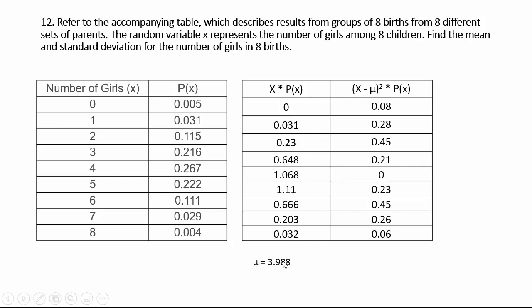Okay, once we have that mean, then what we're going to do, notice this formula, to find standard deviation, we're going to subtract out that mean from each value, so 0 minus 3.988. Okay, we're going to square that value, and then we're going to multiply it times probability, which is this 0.05. When you do all that, let me take you through it: 0 minus 3.988, that quantity squared, multiplied times 0.05 gives you 0.08, right? 1 minus 3.988, the quantity squared,